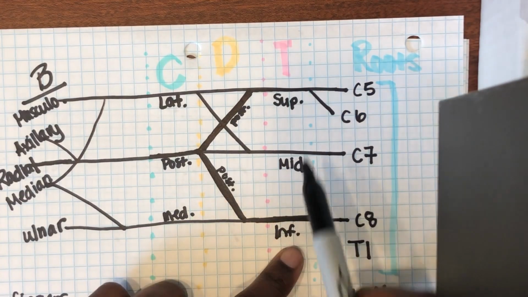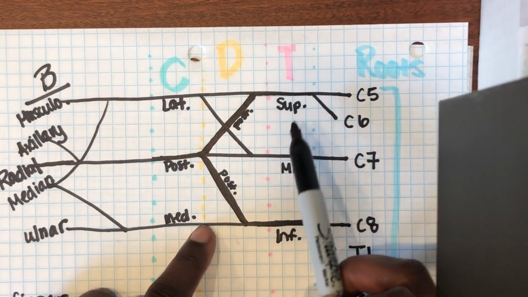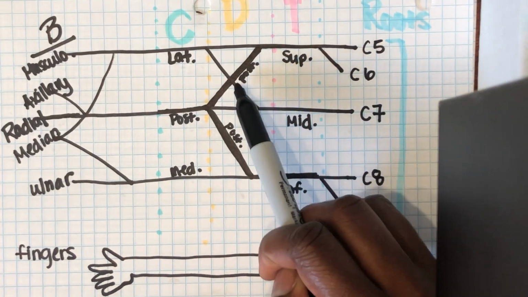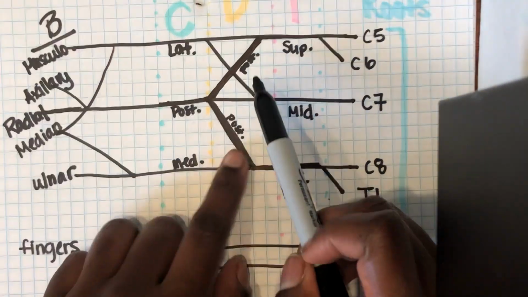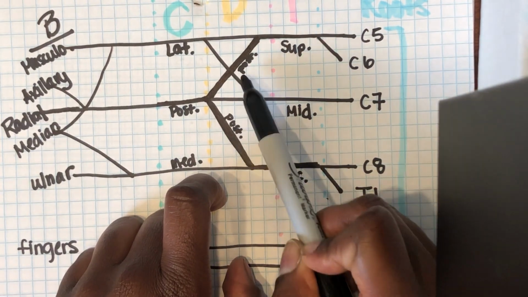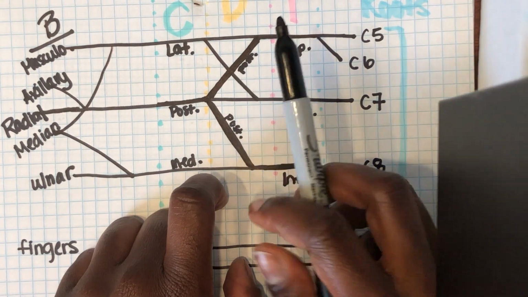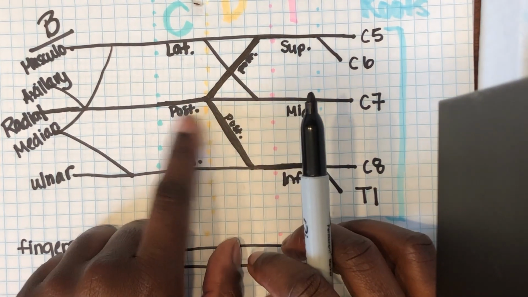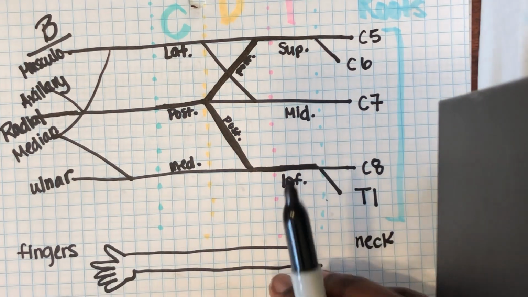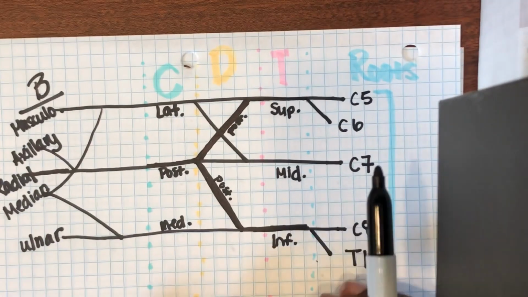So our superior and our inferior trunk, as they continue down the path towards our fingers, are going to branch off and create two posterior divisions. Those posterior divisions are going to create our posterior cord. Okay? I hope that makes sense. Okay? Now,